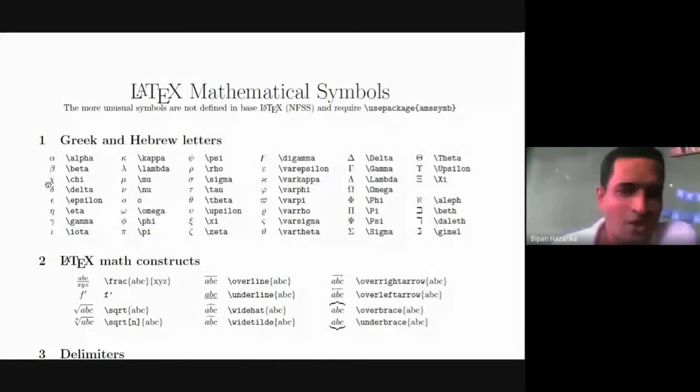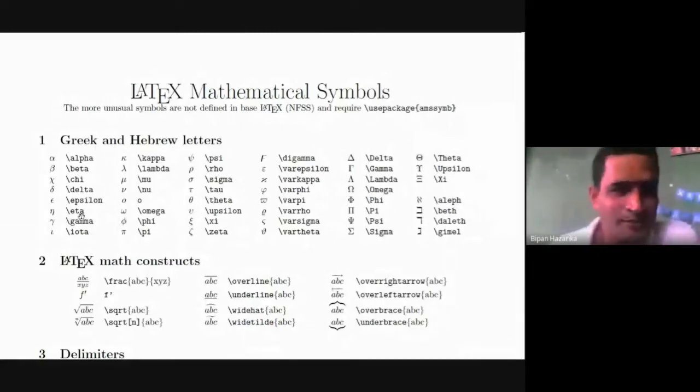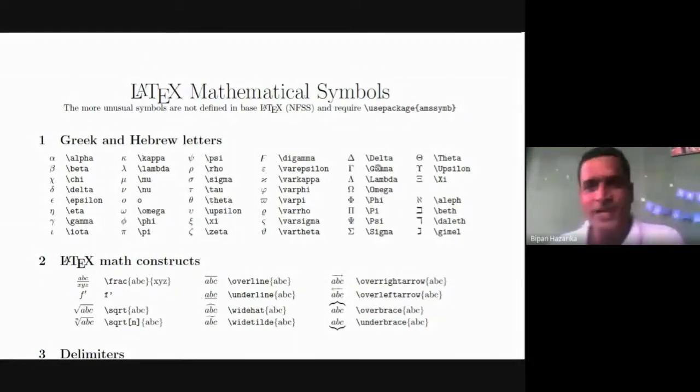Similarly, all the Greek letters are here in number one, all the different types of Greek letters. So gamma, small gamma, capital gamma, then small delta and capital delta. These notations we use commonly. For small delta, if you write small d with backslash delta, this command in the text file, then you get a small delta. But when you want capital delta, write capital D in place of small d. If you write capital D, then you get capital delta.